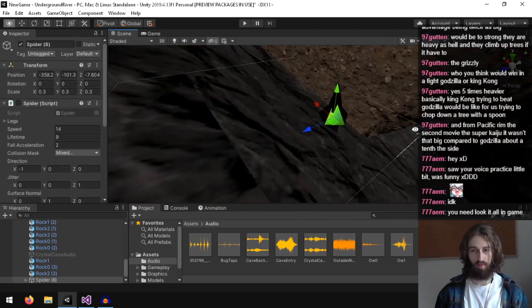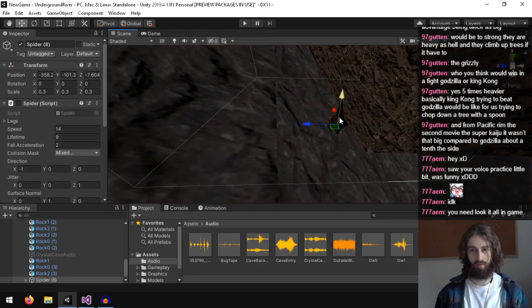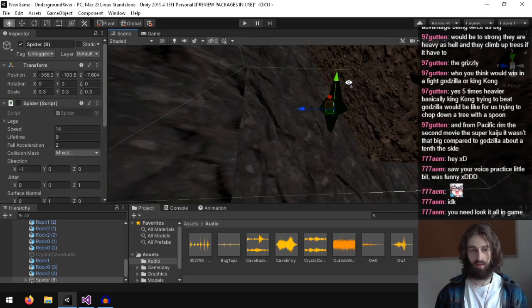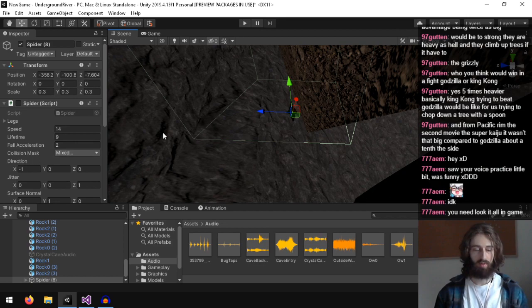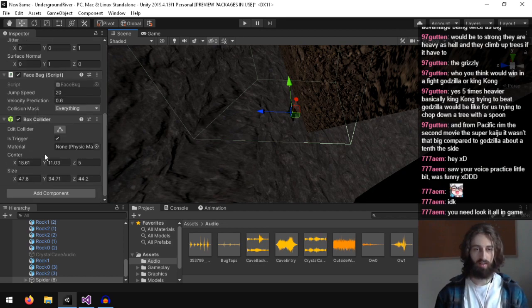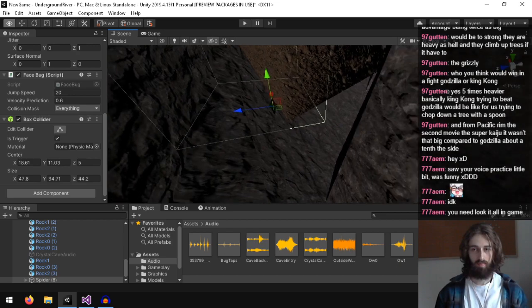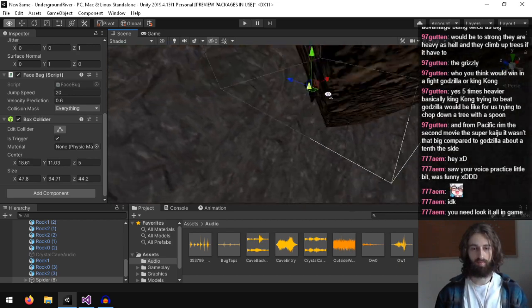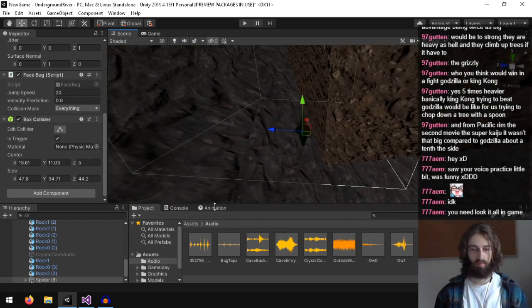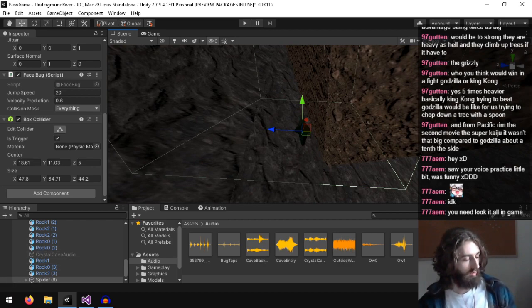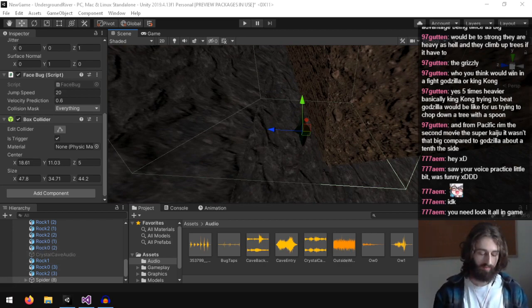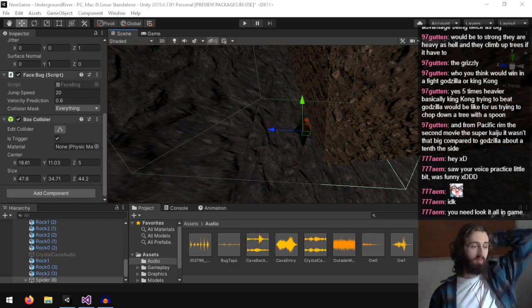I just realized, will I be able to set the rotation for this? If not, maybe I'll need to use something else besides a box collider, or have a way to detect the trigger from a child. Let me see. Detect trigger from child. Get on trigger enter of a child.